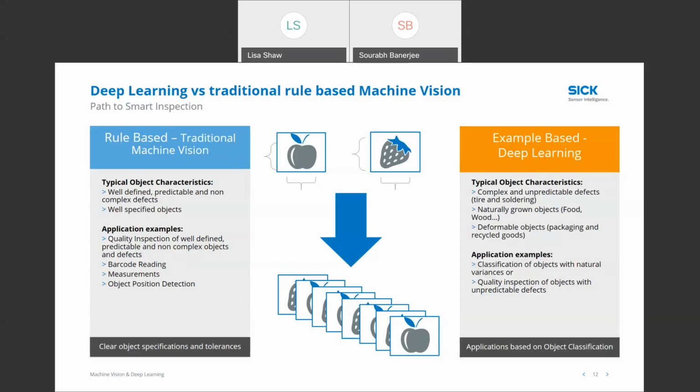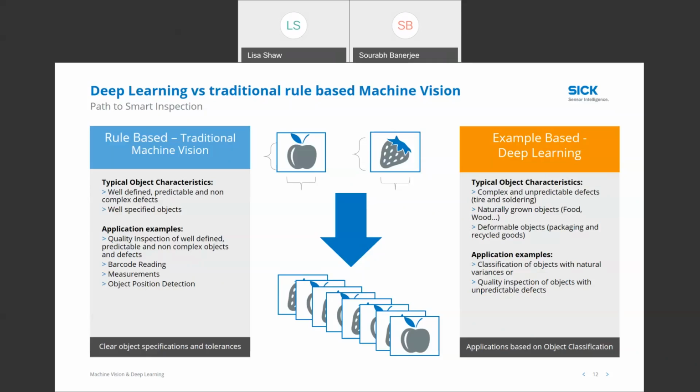So this is how an apple would look. You actually train the camera by showing it different varieties of apples, in different orientations and different colors. Similarly, you do it with different fruits. And when you do this kind of supervised training, you create a neural model that becomes so robust that it creates a confidence matrix, where in an unsupervised learning method, it can easily predict and distinguish between these different